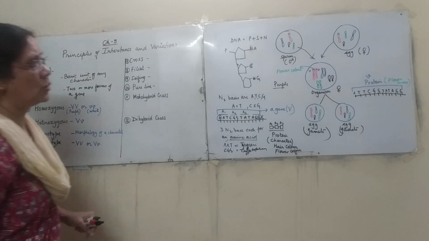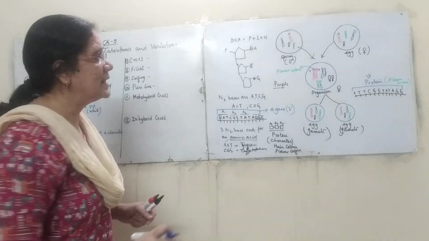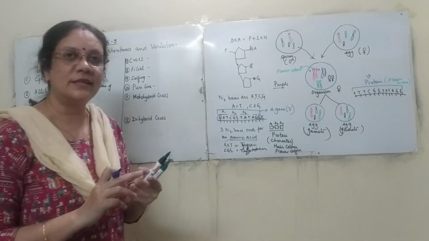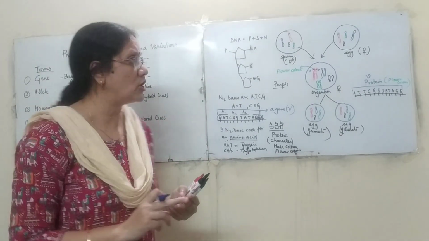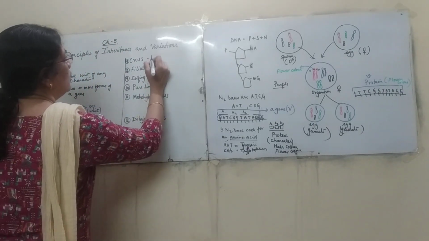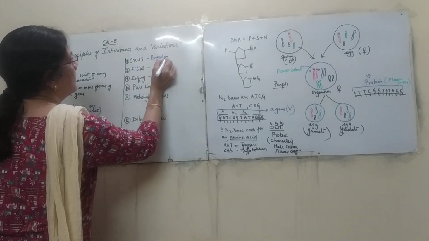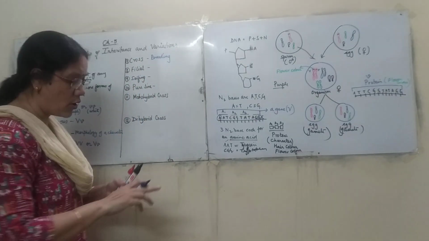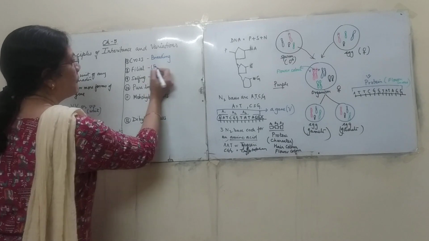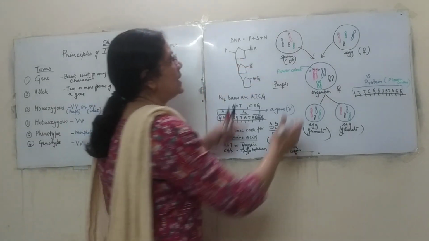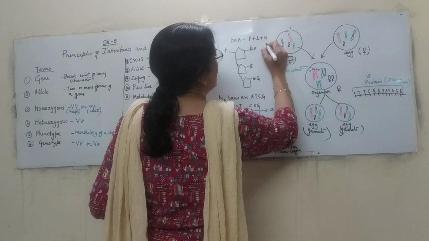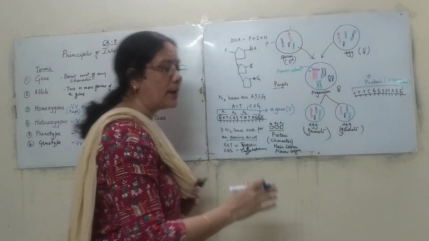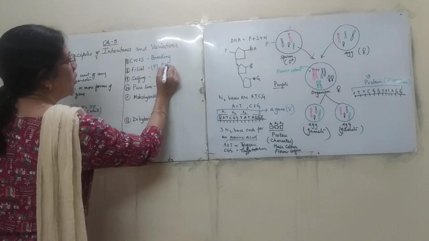Coming to a cross. What is a cross? Cross is between the two parents. It may be self-pollination or cross-pollination. So this is actually, you can write, it is a breeding. What is filial? Filial, or in short it is written as F. So these are the parents. This is written as parent generation. The parents are giving birth to offspring. So this is an offspring.